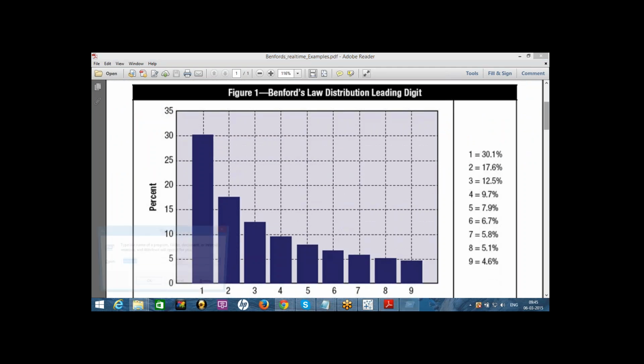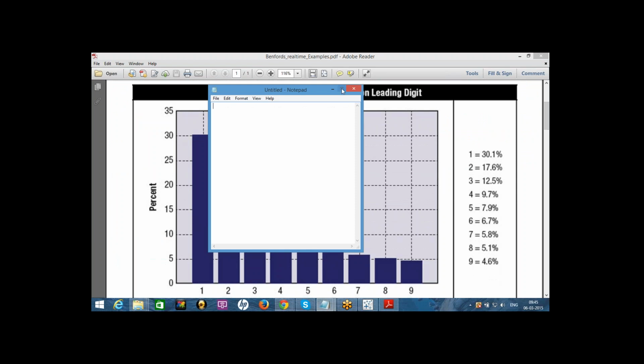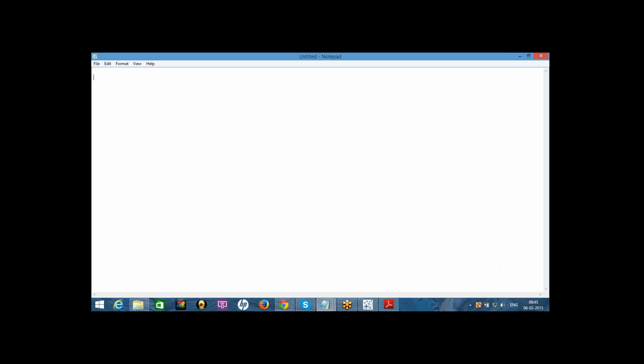Let me take a notepad here. For example, he took a data set with sales like 12, 14, 45. So this is a given data set, call it X. All these numbers happen naturally, not manually generated or sequentially generated.